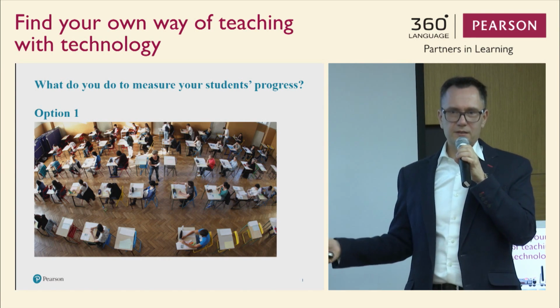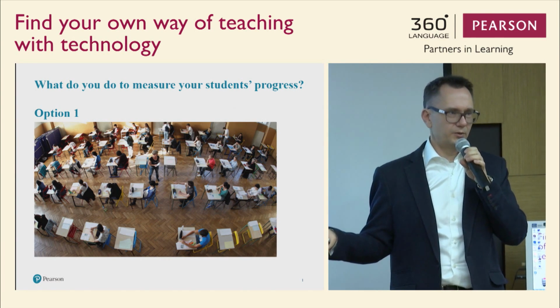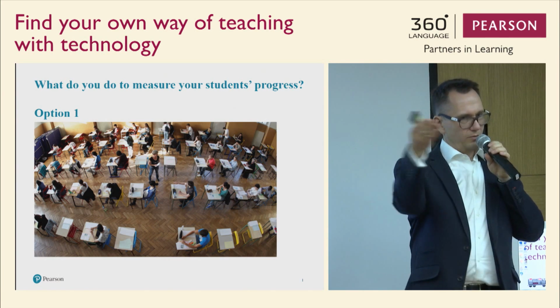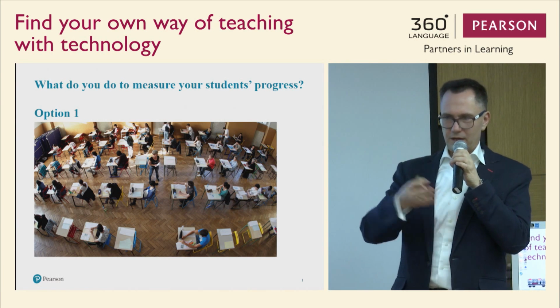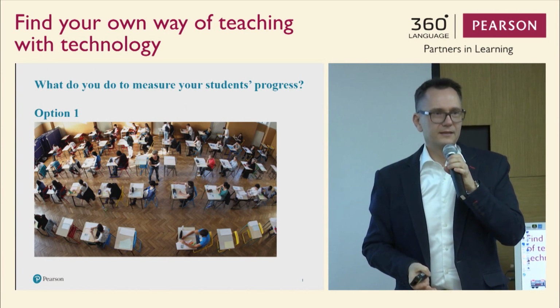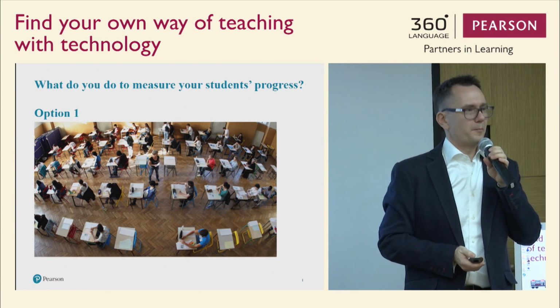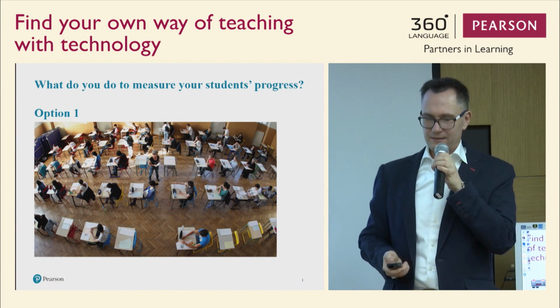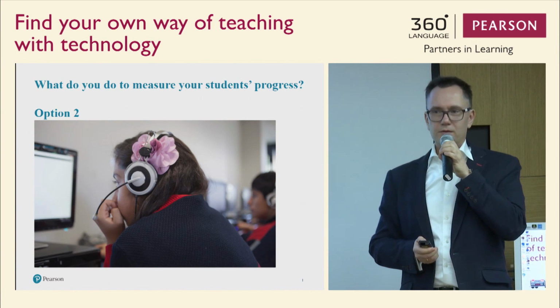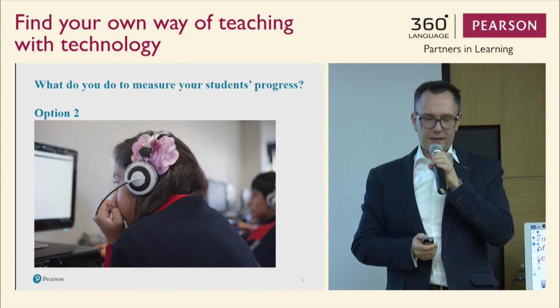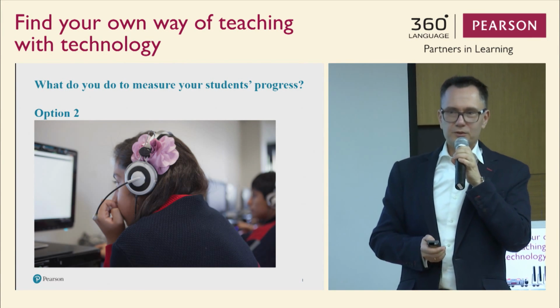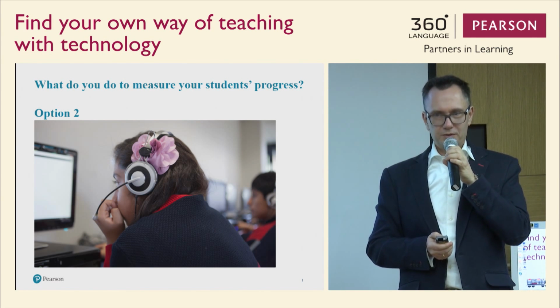And again, you can go for option 1 and do it in the traditional way. So ask them to come to a lecture hall like this, perhaps, and then ask them to fill in a paper test. Or you have option number 2, and you can ask them to sit in front of the computer